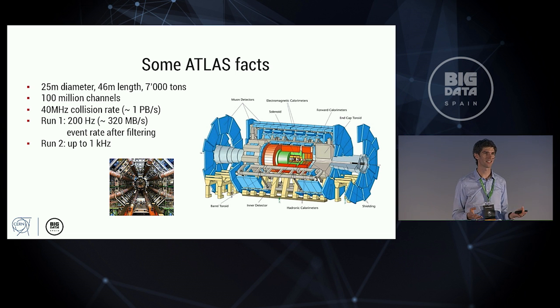So this is an amount that cannot be handled, even not today. And what happens in the first place, you have to reduce this amount of data to interesting events. You can think about an accelerator also as a 3D camera, and what you make are pictures. And each picture is 1.6 megabytes in size. So what we do is we have